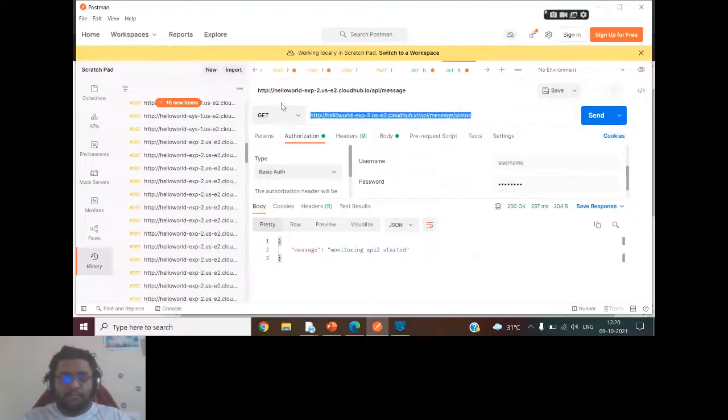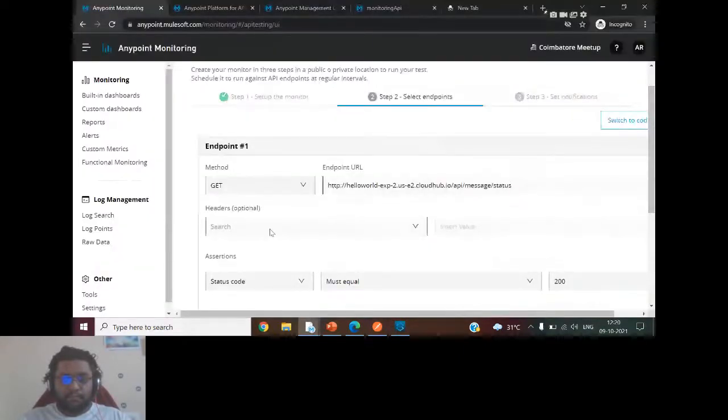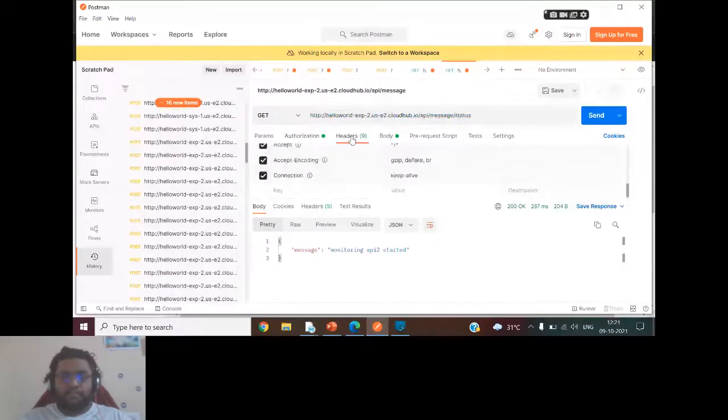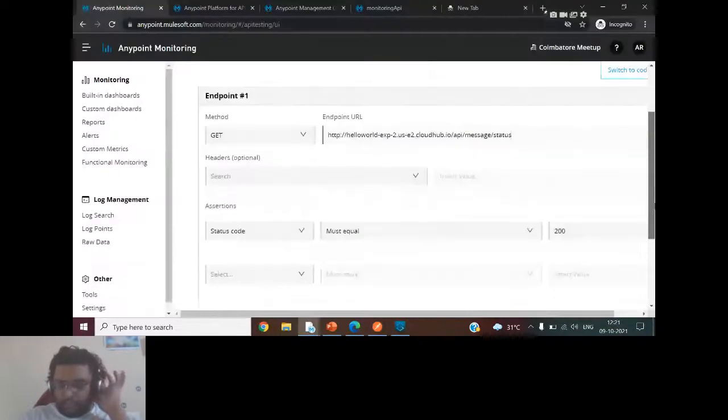So suppose this is my endpoint. You can add multiple endpoints also; I'll tell you how. Now these are headers. It says optional, but we have provided the header, so we have to add it. Probably I add my username or password, or if I have a client ID and secret, whatever, I can add it here. I'm going to show you the X monitor only.